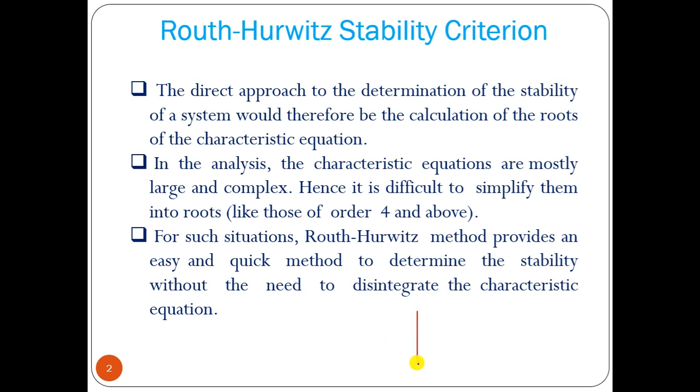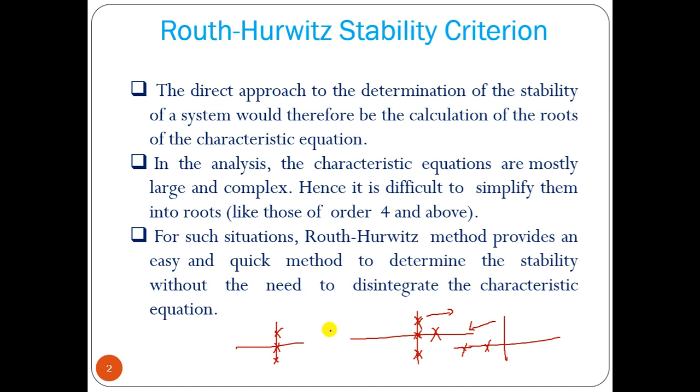If any one of the poles is located on the right half of the S plane, then the system is unstable. Or if we have repeated poles on the j omega axis, or repeated poles at the origin, then the system will be unstable. The system will be stable if we have poles on the left half of the S plane. If we have poles on the imaginary axis or at the origin, the system will be marginally stable.